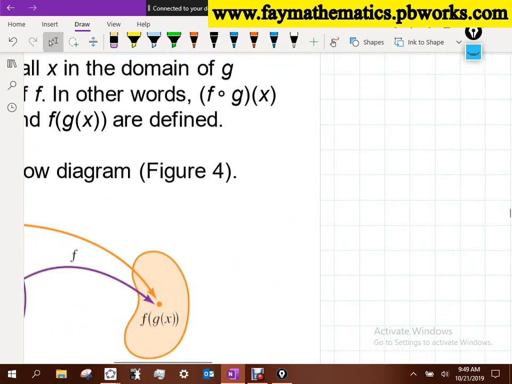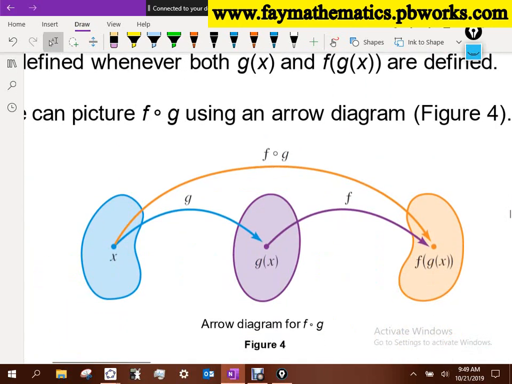Okay, so let's talk about the domains of these things. Okay, if this function, let's say G was,